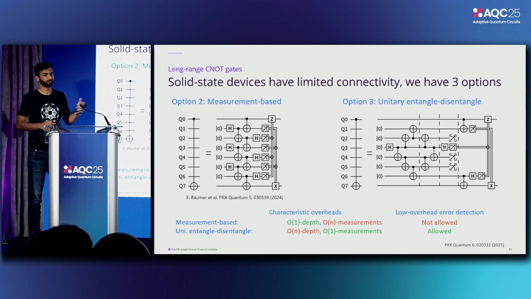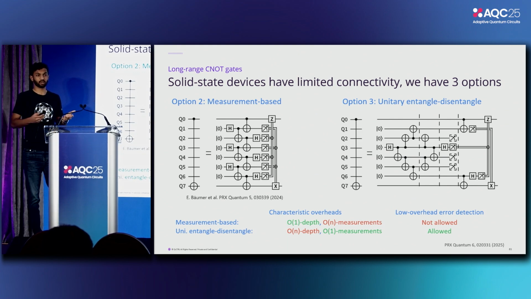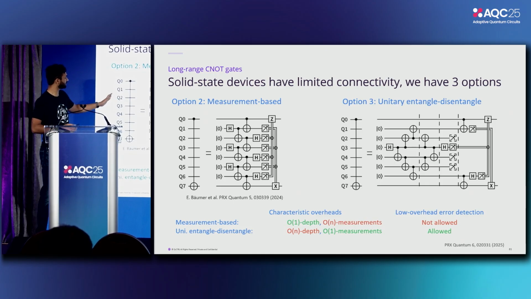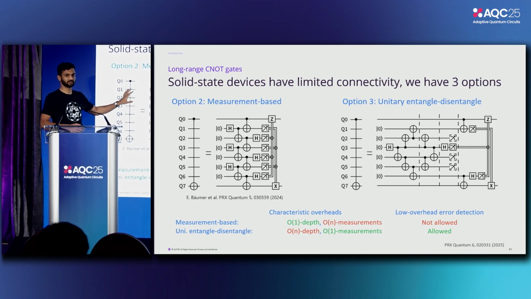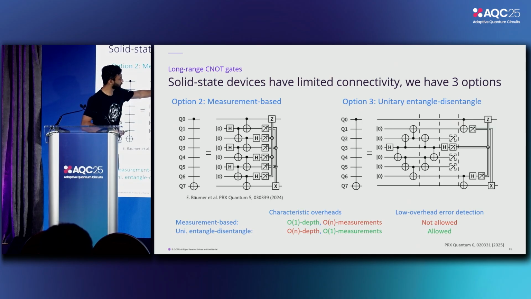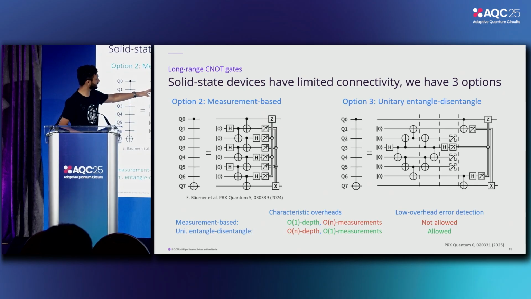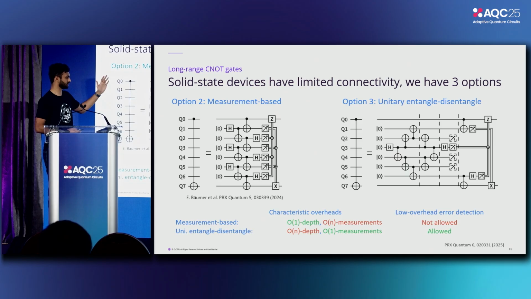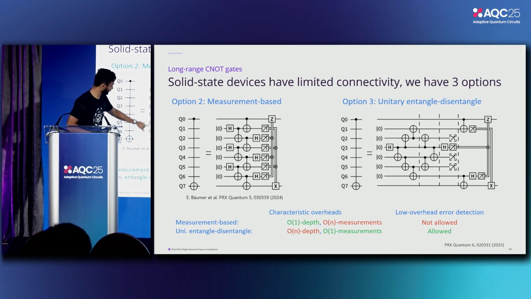Actually, in 2024, Elisa Baumer showed that another approach is to do it the measurement way. This is something photonics people think about. These dynamic circuits are very hard to understand. One way to think about it is that you're preparing Bell pairs, which you can think of as a Hadamard and a CNOT. It's a Bell pair, Bell pair, Bell pair, and then you fuse those Bell pairs with additional CNOTs, and then you end up with a measurement. Based on the measurement, you can do feed forward,